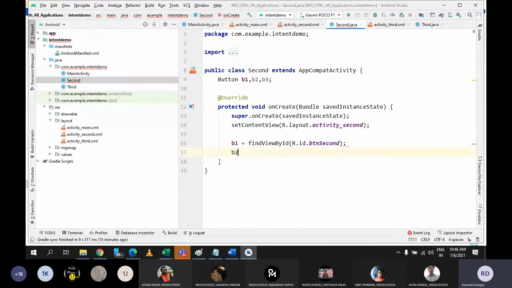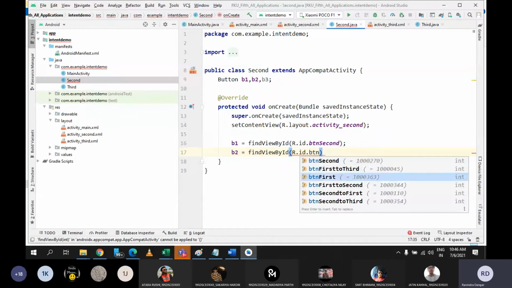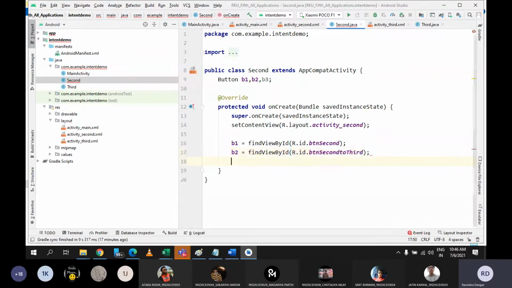Then B2 is equal to find view by ID r.id.btn second to third.